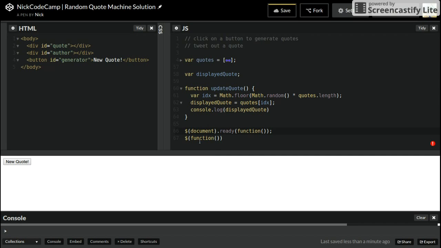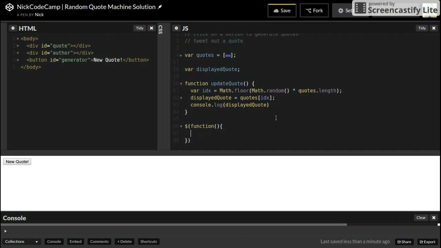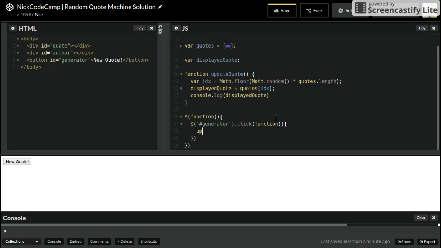These two are exactly the same. This one's obviously a lot shorter, so I prefer that one. So once the document is ready, we have this function, and in this function, we're going to want to add an event listener on the button, so we'll select it by its ID .click. And this function will run our update